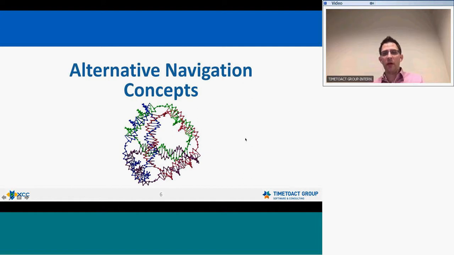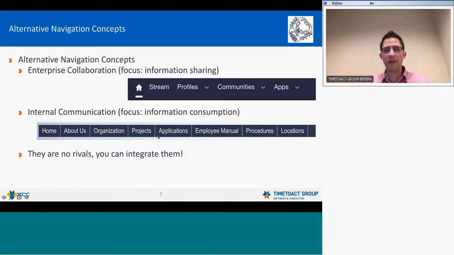Let's start with the alternative navigation concepts. I have a graphic here which shows how much navigation can differ between sites. It should be a bit confusing, because navigation is the thing that brings order, yet there are confusing things in the navigation parts. So, alternative navigation concepts that we are discussing. There is a focus on information sharing from the enterprise collaboration point of view. That's what you get to see in the classical part of